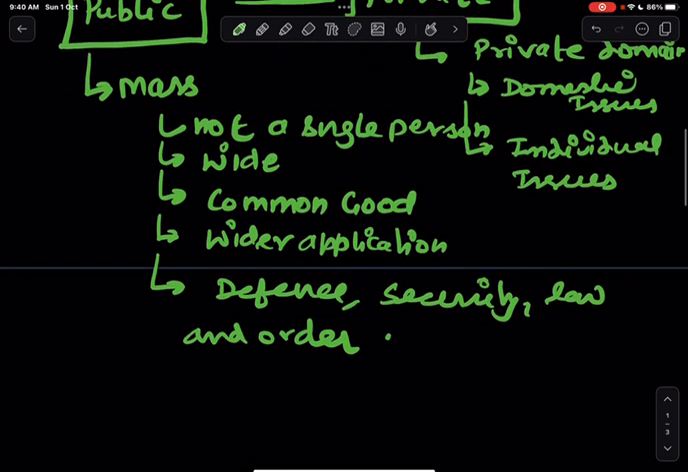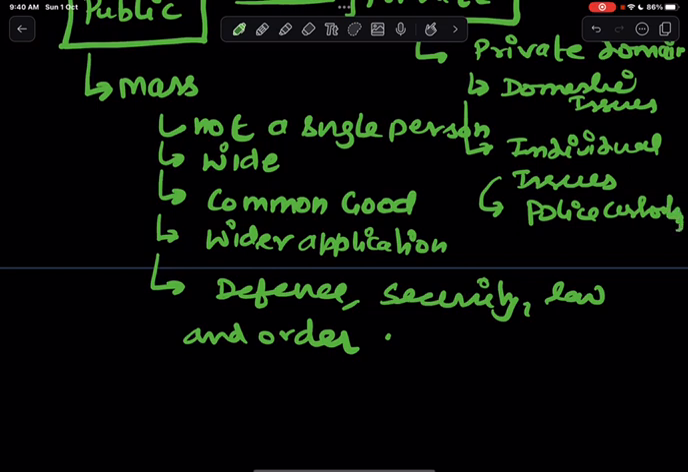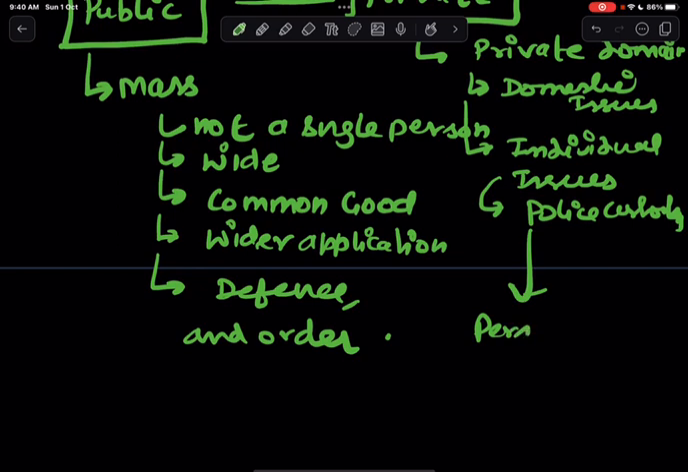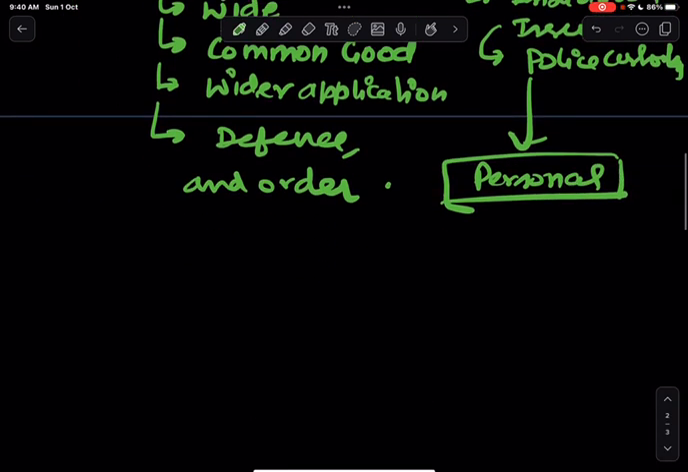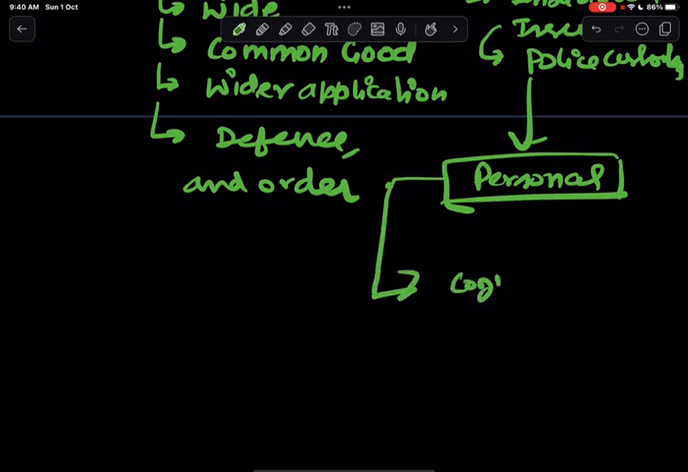For example, say there is one person who was tortured in police custody. So it is a personal issue. It is personal because a single person was tortured in custody. But soon, when cognizance of it is taken at a broad level and other people start contextualizing it,